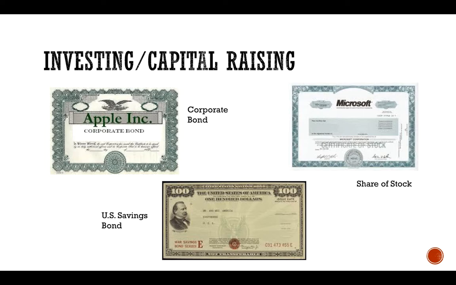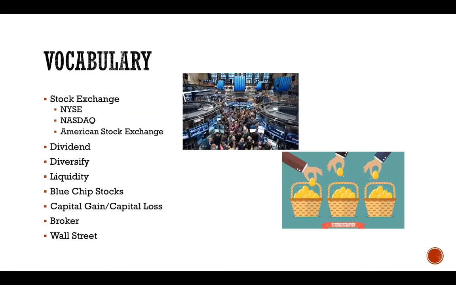So once again, investing, we buy stocks and bonds. There are other types of investments, but I'm not going to cover those. These are the most popular ones and the ones that hopefully you are familiar with. So we invest in stocks and bonds, but this is how a business raises capital. They issue stocks and bonds. So we buy them, they take the money, they grow their business, and hopefully they do a good job so we can make some money off of these investments.